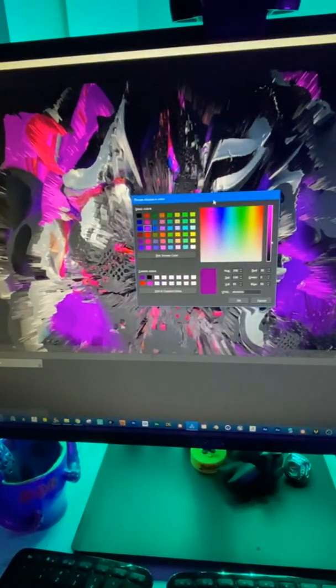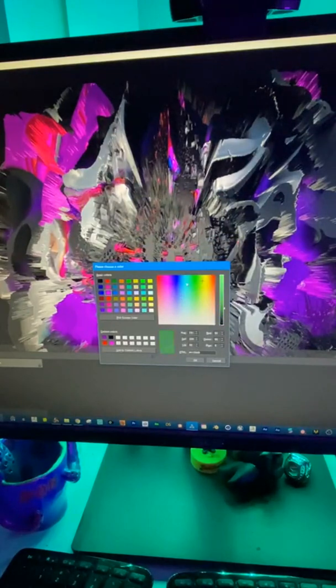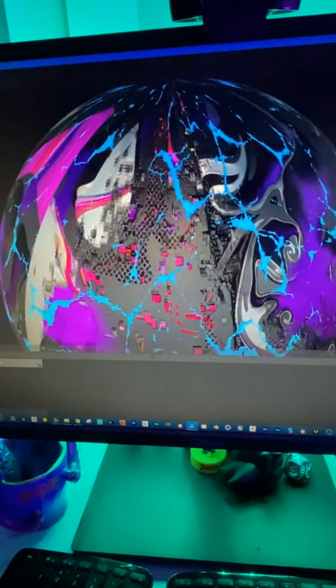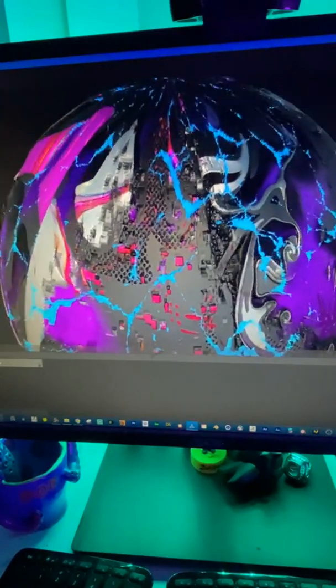All right, I'm gonna make the cracks a different color just to add some more colors to the piece. I'm gonna go with this bright blue and then play with the color, and then reduce the roughness and reduce the metallic, and let's see if we can get it to look less spiky. All right, I'm gonna reduce the height. There we go. Just want the cracks to be a little bit more subtle. Oh wow, this changes the global height of everything. Don't want to do that. We want the height to be